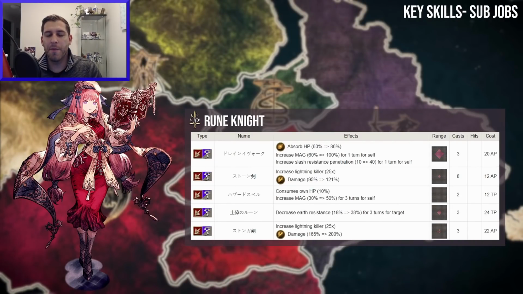Another reason why I'm fine with her using her Scholar sub-job is because her Rune Knight sub-job is just okay. So Drain Evocation is something that I like quite a bit. Getting 100% magic boost, healing yourself, and still dealing okay damage to lightning units or units that are weak to magic. It also has a good range. It's definitely something I wouldn't sleep on necessarily,